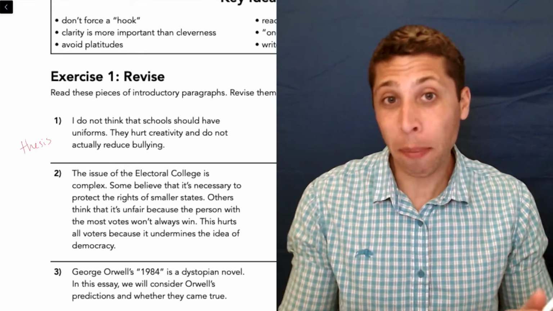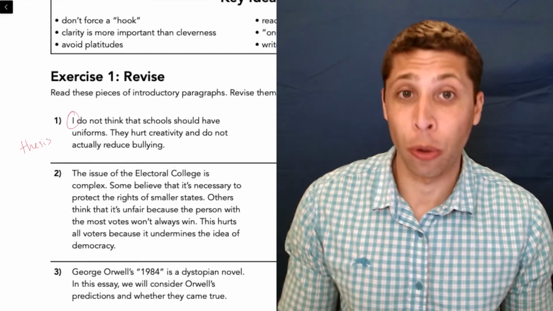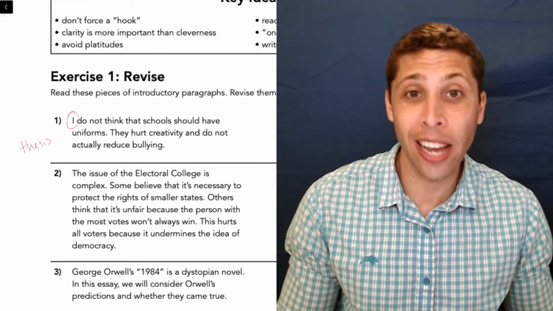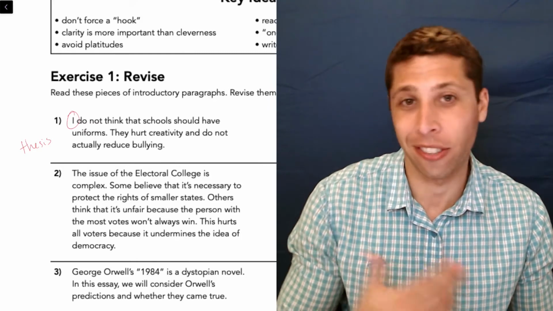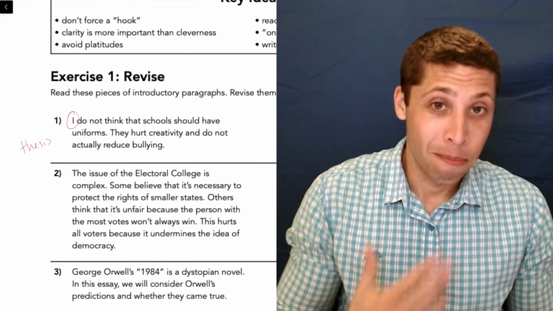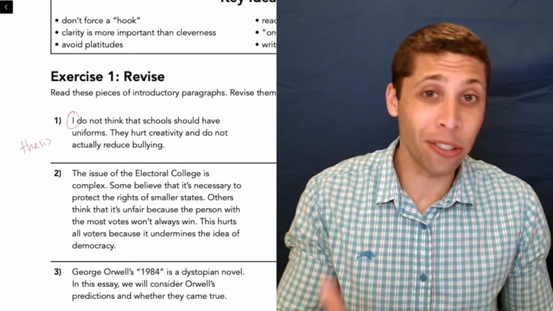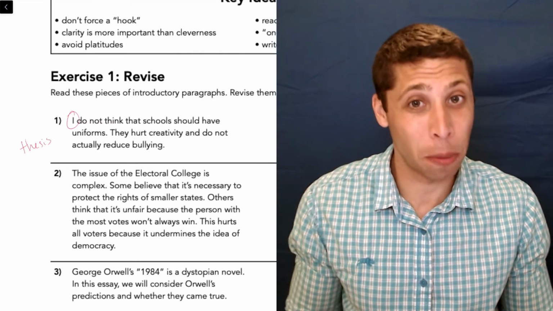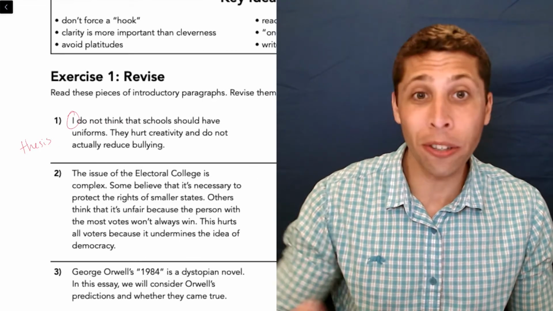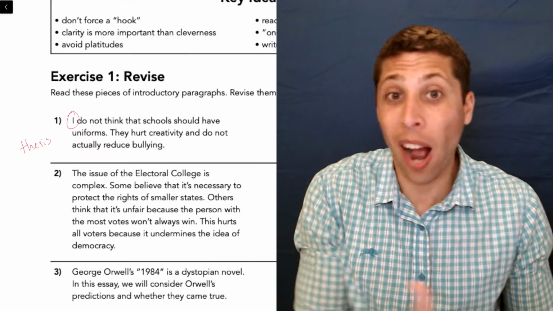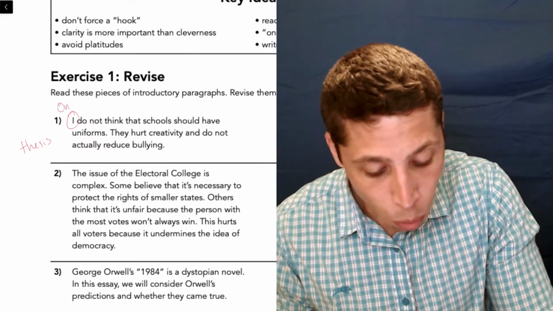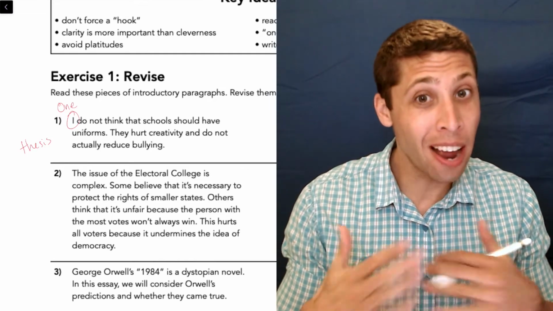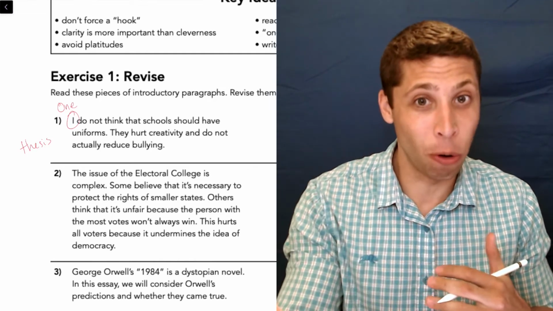Now, the thing that people point out is that it starts with the word I, which we have been taught not to use in essays. It's considered informal. It's just kind of considered bad form. Personally, I would rather see the word I or me and actually have a clear idea of what the person is going to argue than some weird rambling sentence that tries to fix this. And most often what we do to try to fix it is use the word one, a word that we never really use in this way in normal conversation.